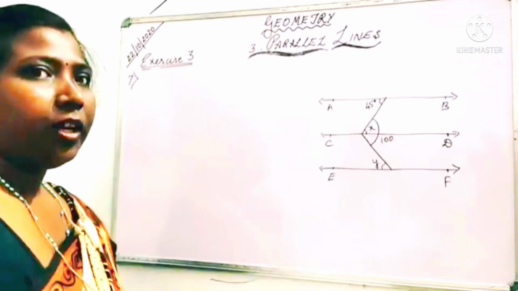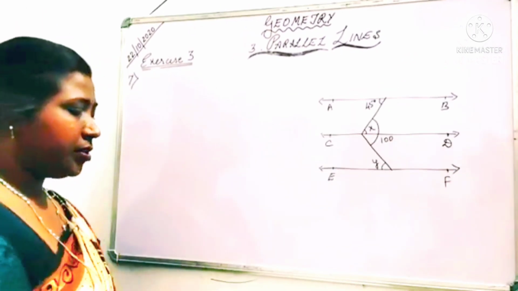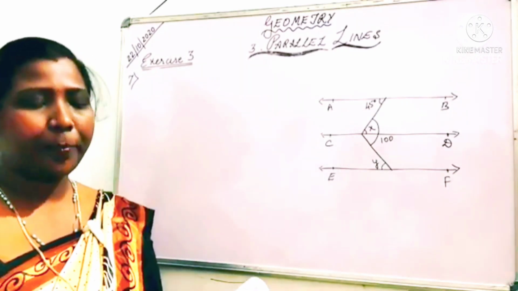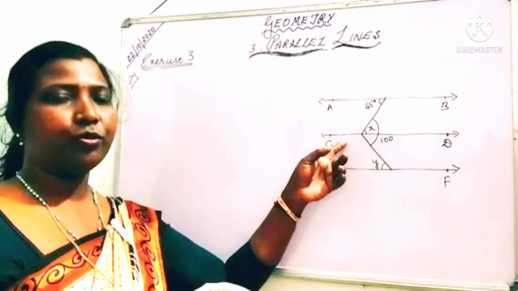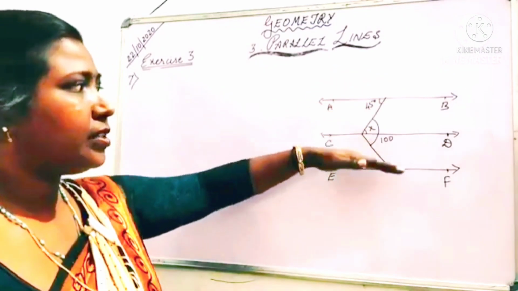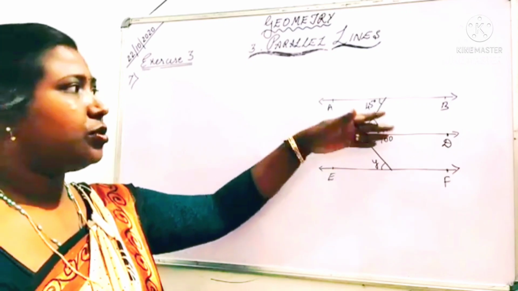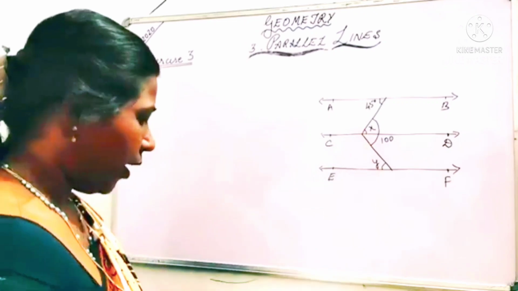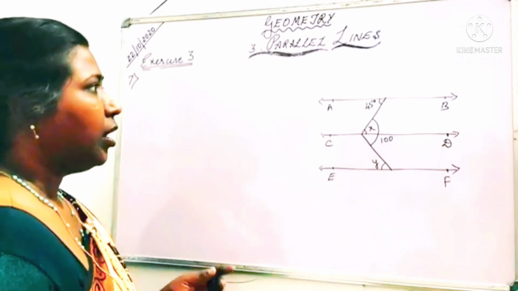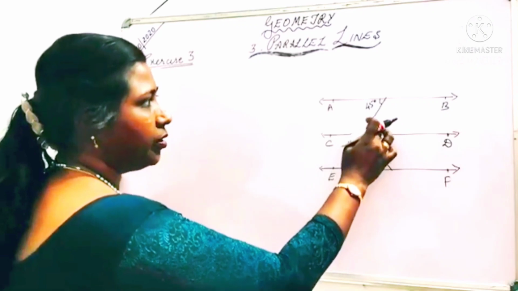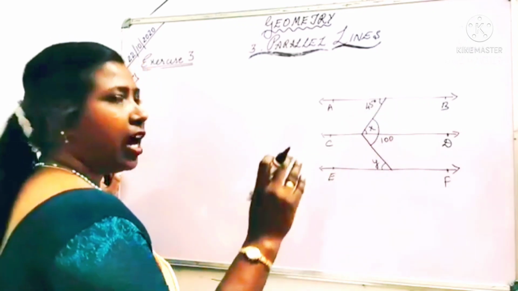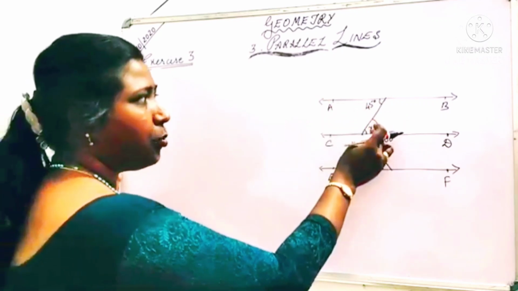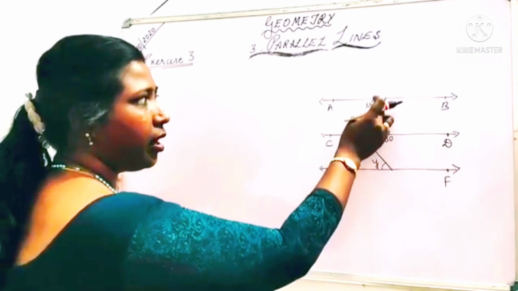Is that clear, students? Now here we have the next question, question number 7. What is the question here? See, find x and y if AB is parallel to CD and CD is parallel to EF. Now these whole lines are parallel to each other. So in that case we have to find out the x and y values. For finding that, first see, here the small part x is given. We will start with the simpler part so that we can find out the bigger part. If you are taking the small part, that means x and 45.